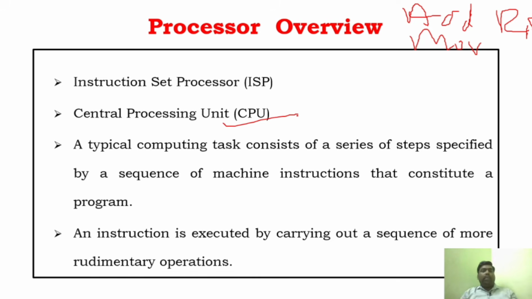But in modern computers, the processor may not be called the central processing unit. That's because in modern computers we have more than one processor. In order to build super fast computers and improve performance, modern computers have more than one processor. So it cannot be called a central processing unit anymore, because it is not only one processor in the computer.